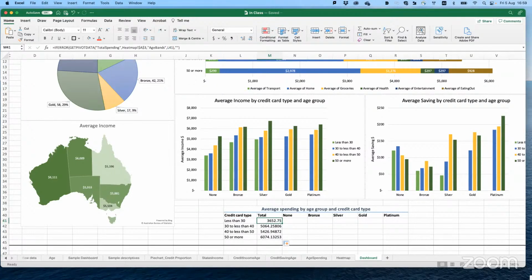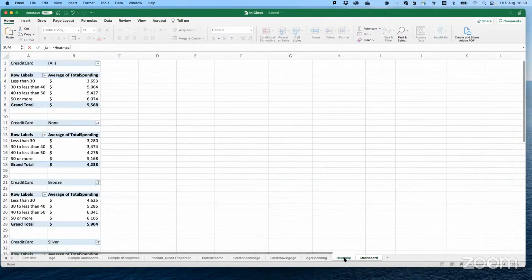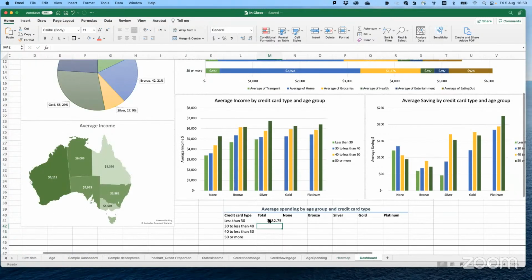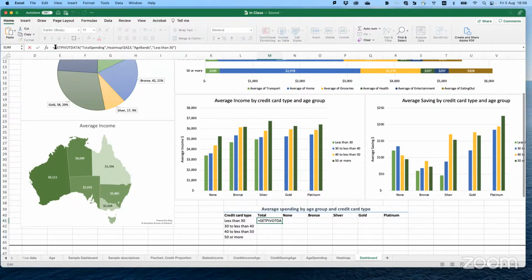And I'm going to repeat it again. So if I delete everything, we say equals sign, we go to heat map, we pick the first value, we enter, we go back, we add IF ERROR, open bracket, go to end, comma, open double quotation, close double quotation, close bracket, enter.